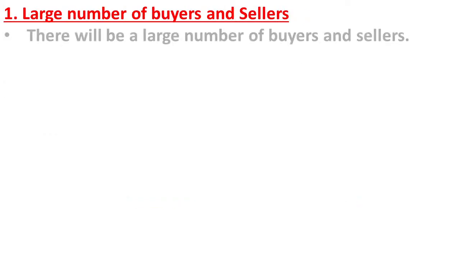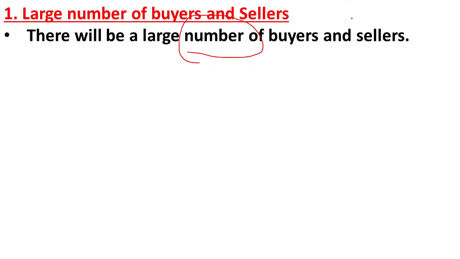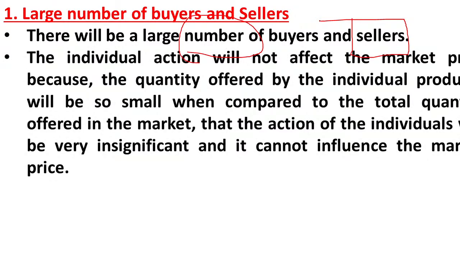Here the first feature is a large number of buyers and sellers. Yes, in perfect competition market, the number of buyers is large and the number of sellers is also large. And here the individual action will not affect the market price. Yes, the quantity offered by an individual producer is very small here. Every producer is playing a very small role, so a single producer cannot influence the price here. The action of an individual will be very insignificant, and it cannot influence the market price because each producer is